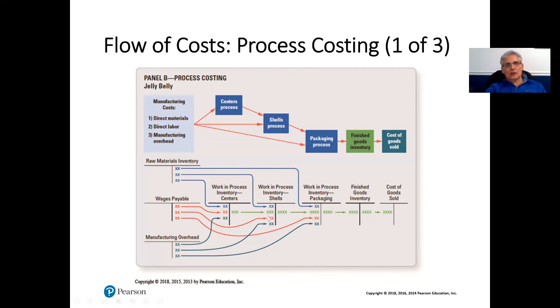So all these costs are moved out of work in process. These are the costs that were accumulated here in this process. They're taken out and pushed into the next process. But now in the next process, we're going to still add more raw materials, more wages, and more overhead. When we're done with this process, we're going to accumulate all of these costs here. We're going to credit this process for the total amount of costs when we're done with this process, and move